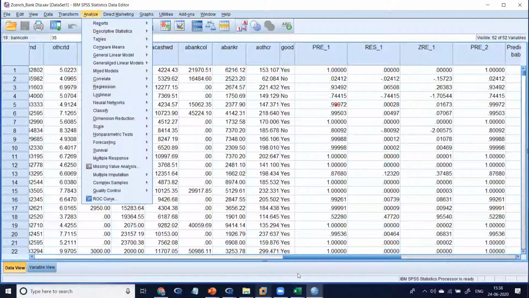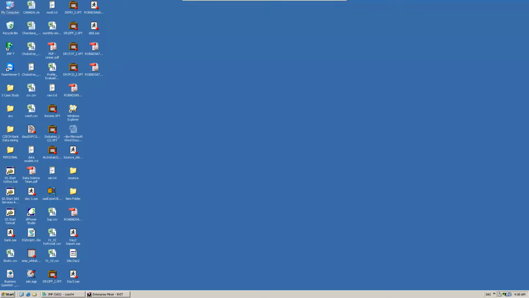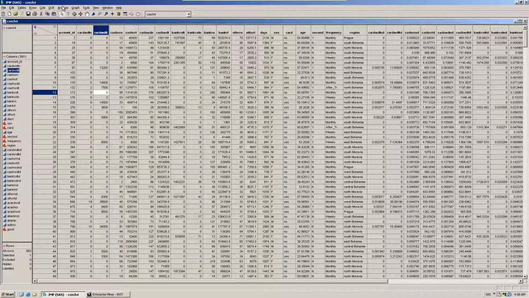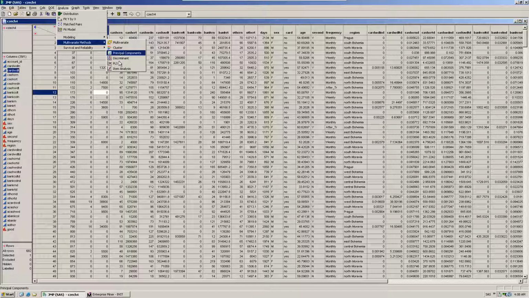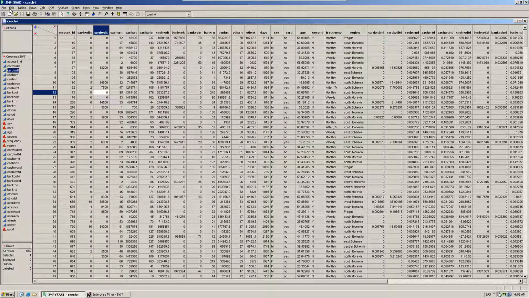Then go to JMP: analyze, distribution, model, regression, multivariate, principal component, survival analysis and all.